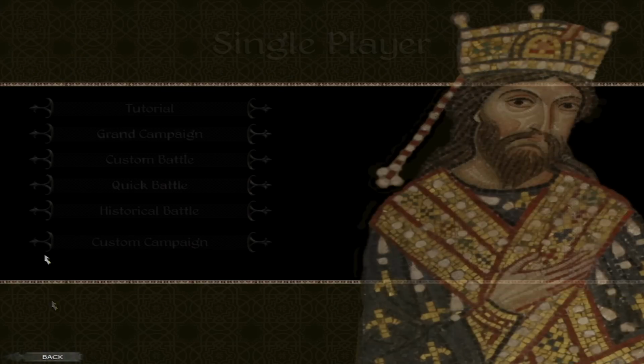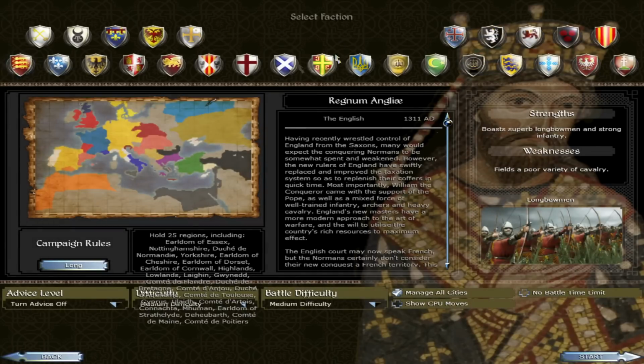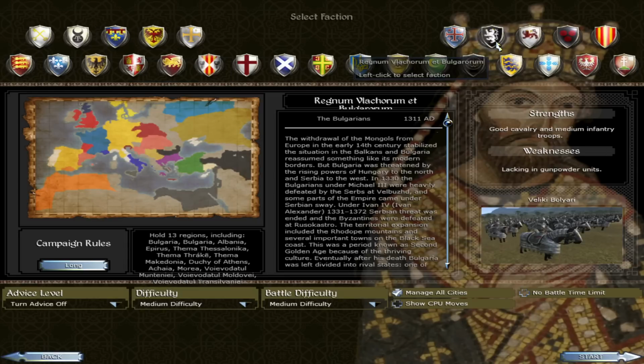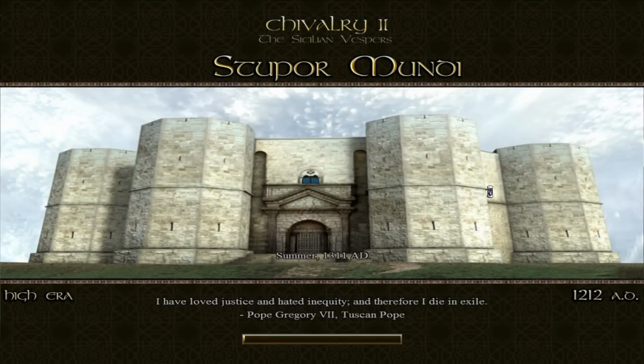So actually, let's start a little campaign here. Let's go for Kingdom of Naples, because I like the Kingdom of Naples, or we could do the Bulgarians. Well, how about we do Bulgarians? Yeah, let's do that. And of course, I'm just going to showcase some of the cool parts